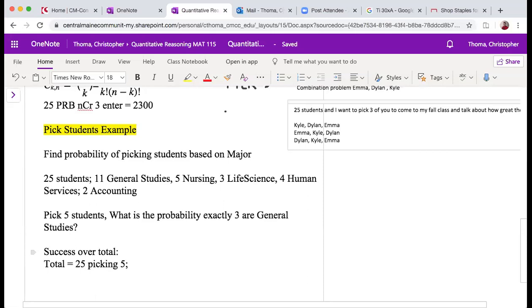Which one is it? Does order matter? No. So it is combinations. So therefore I do 25 C 5, and that gives me